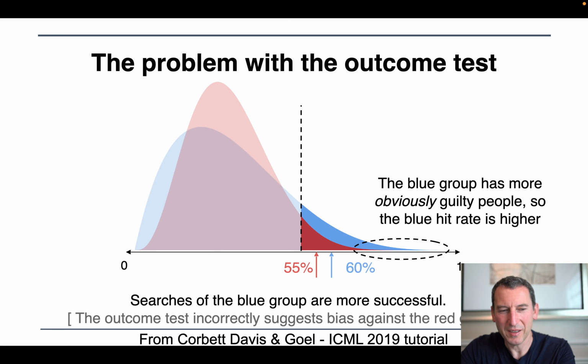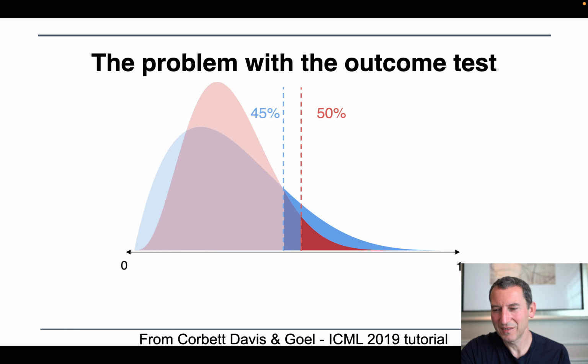Now, again, why is it the case that the blue group looks like they're the much more criminal one? Well, because it has a lot more obviously guilty people, so the hit rate is higher. It's not that the blue group is more criminal, but it's just easier to spot them. Now, what we could do, though, is we could say, well, hey, we've been so successful at arresting people in the blue group,